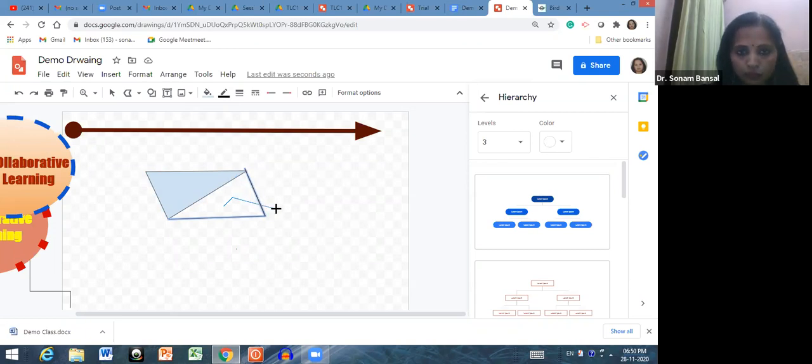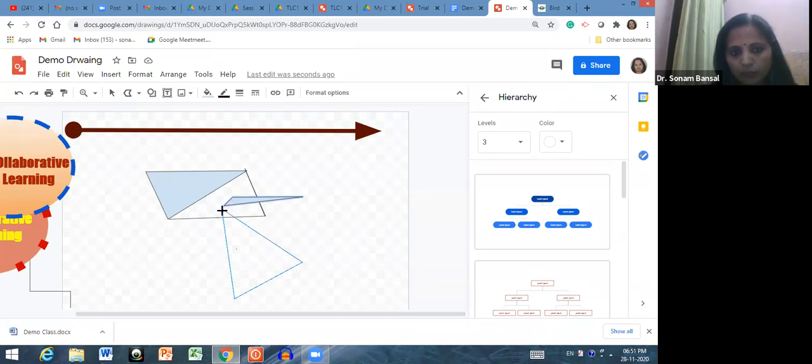You want to make this a connector with another link, you can do that. See, you can make a diagram with the help of this polyline. How many kinds of shapes you want to prepare, you can prepare. See.